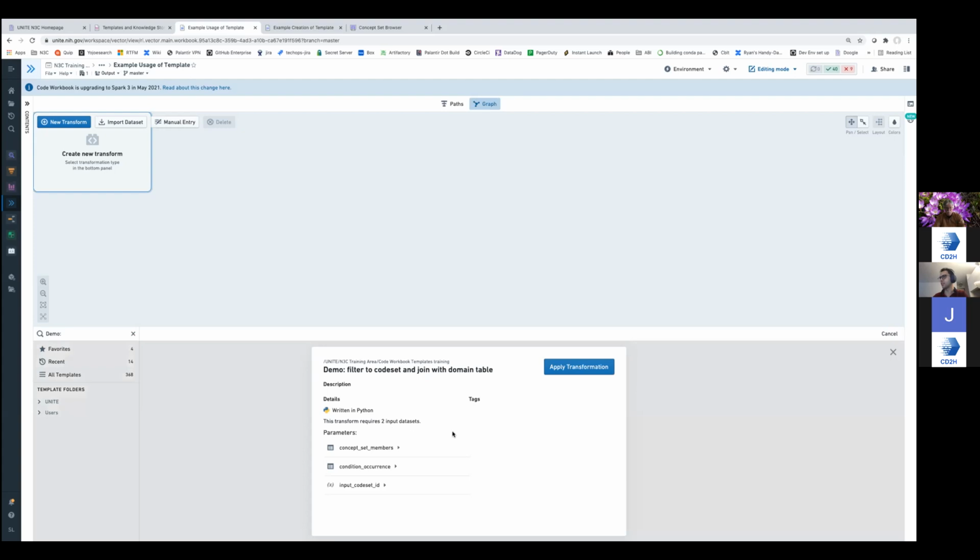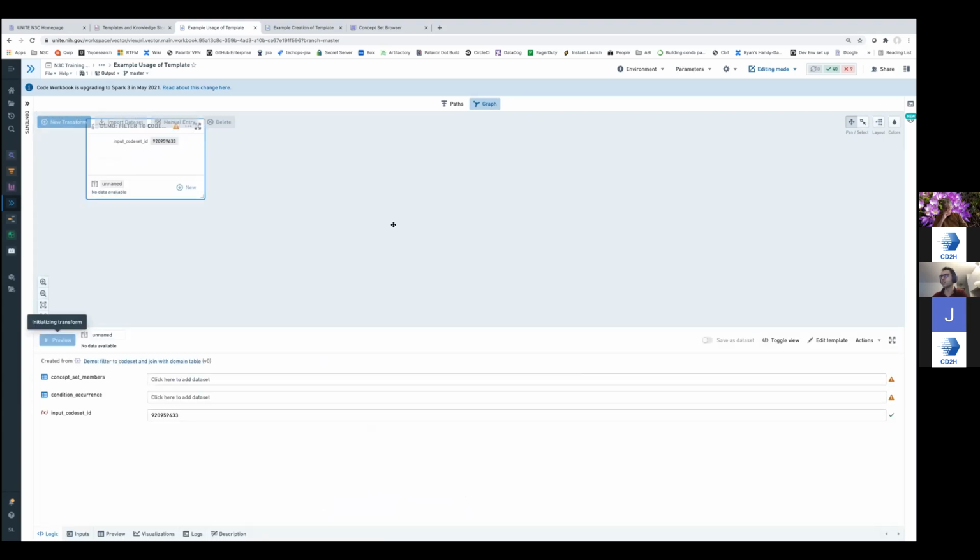If you click on details, basically, if the template is good enough, it should have a description explaining what the template does and a more detailed description of the parameters. But this is what you see in this interface. It's the metadata about the templates, and you can click on apply transformation, and it will automatically import this template here,